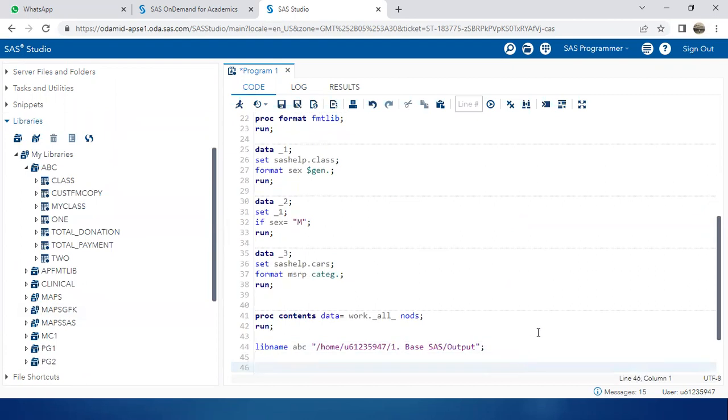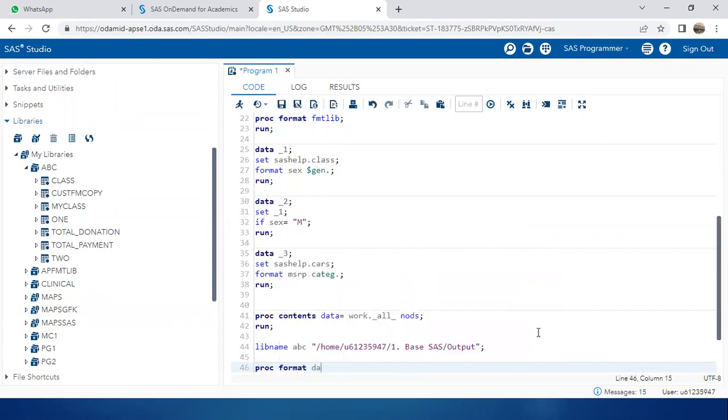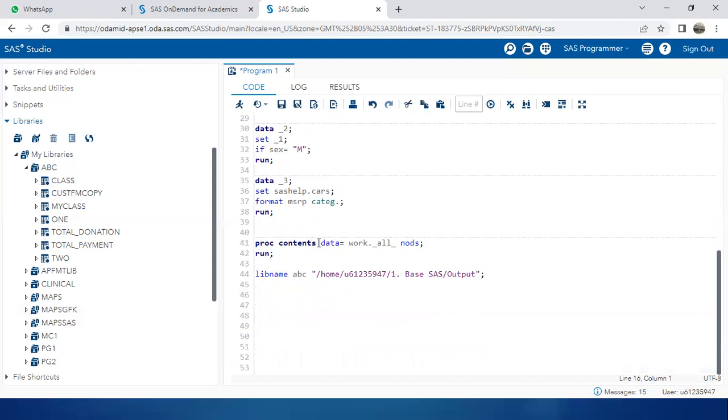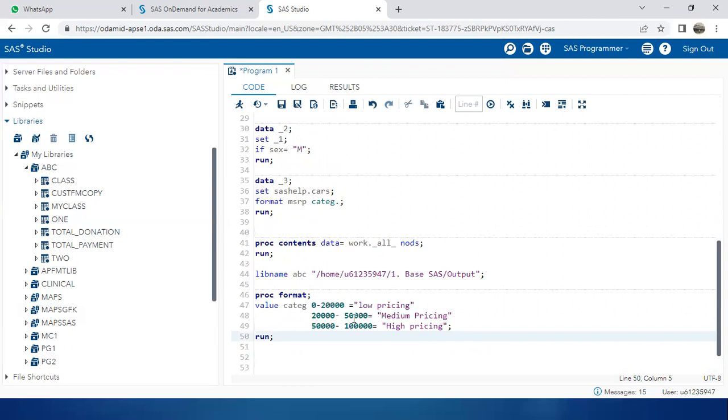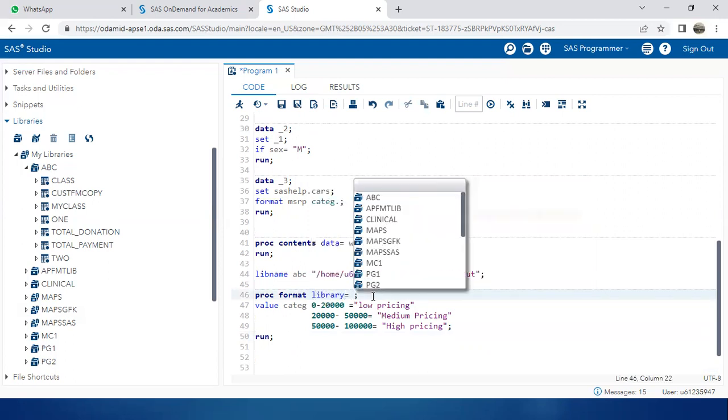after that, you will write here the PROC FORMAT, data is equal to... I will not type one thing because we have very few minutes left. So I will copy this one and paste it here. Now, I will write PROC FORMAT and I will write here library equal to,